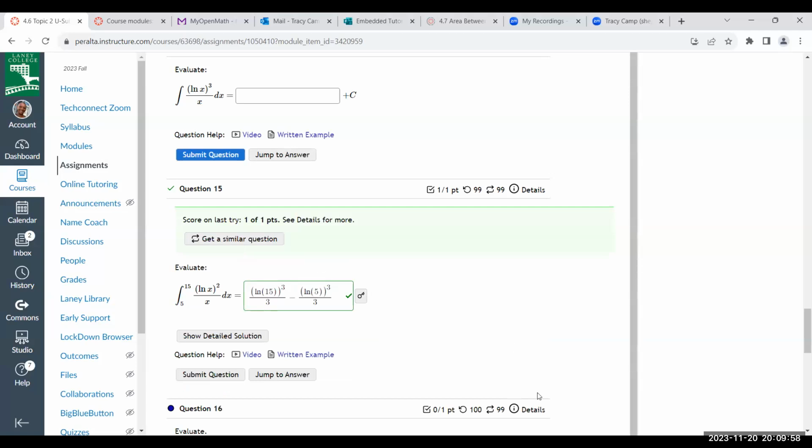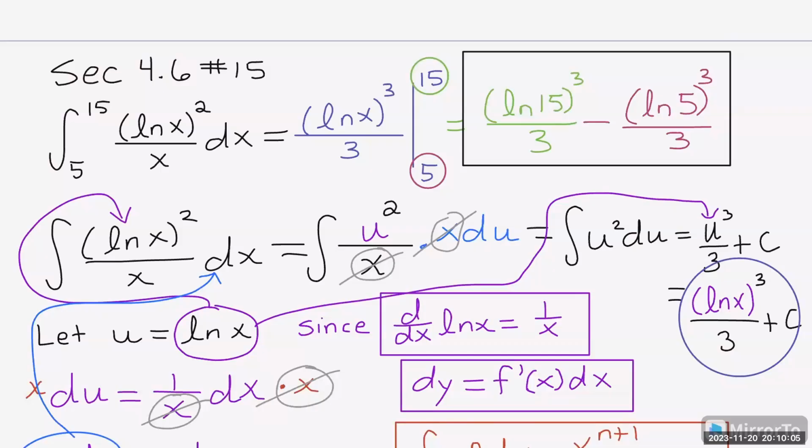Yay. Now I just want to show you there's a different way you can approach this problem. And this is for all of the u substitution definite integral problems. Another way that you can do this is,